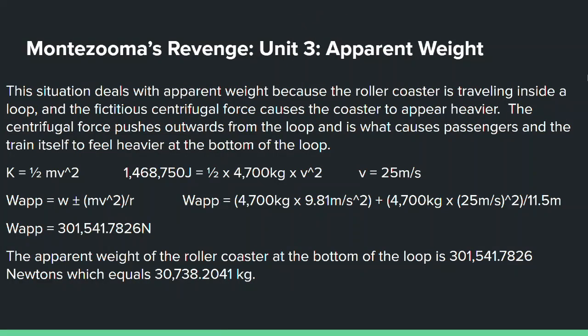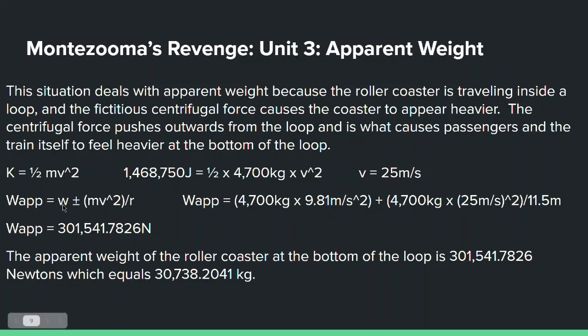Okay, so this is an apparent weight situation because the roller coaster is traveling inside of a 360-degree vertical loop, and the fictitious centrifugal force causes the coaster to appear heavier at the bottom as that centrifugal force pushes outwards from the middle of the loop. So we can calculate the apparent weight using the apparent weight equation,